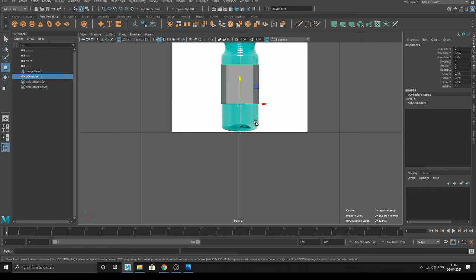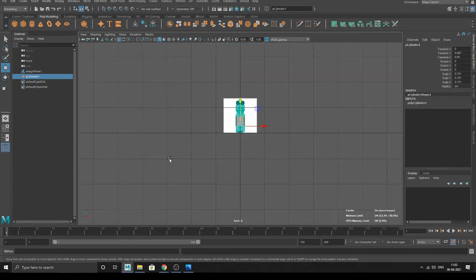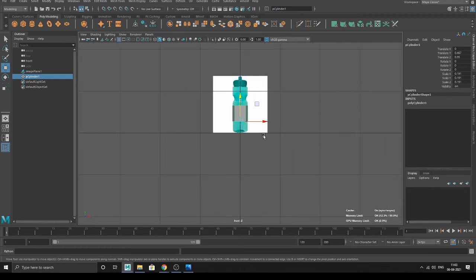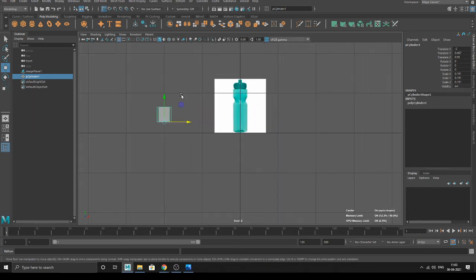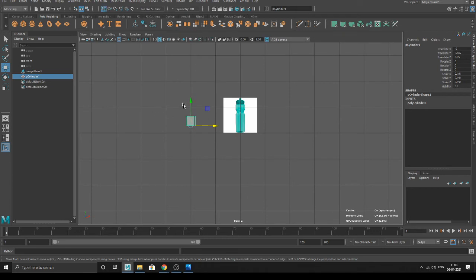With the help of V, you can only snap vertices and edges to the object. But with the help of X, you can snap that object with the grid. This is your grid. So when we press X, you can snap that object on any part of the grid. Look, what happened? It is snapping directly on any part, directly from line to line, from point to point.